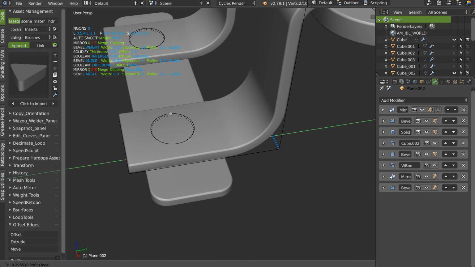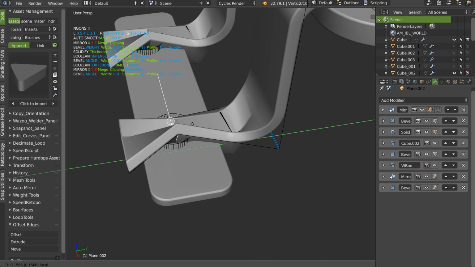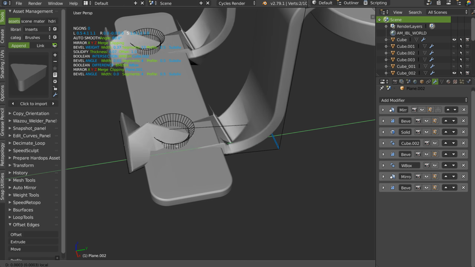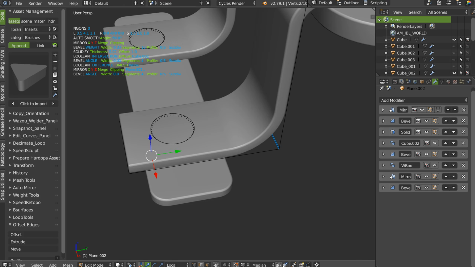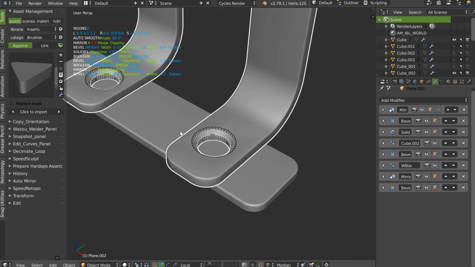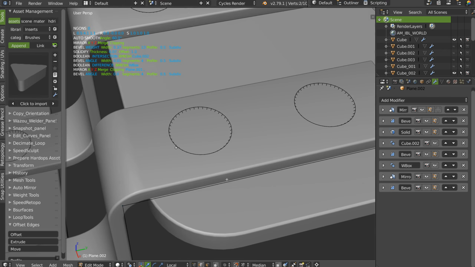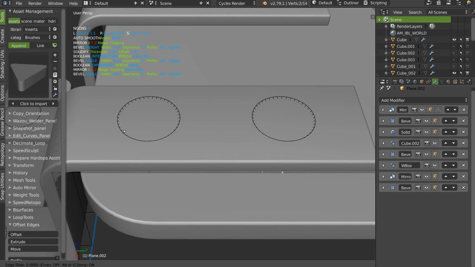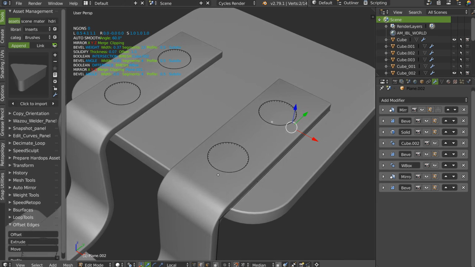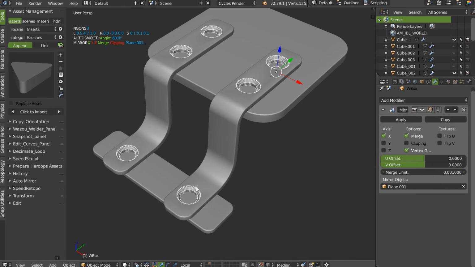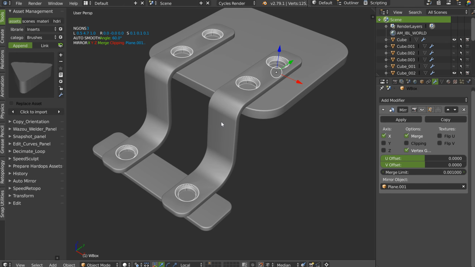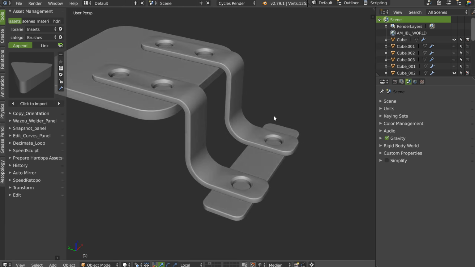I will snap it in vertex mode, Ctrl Z, I have this to uncheck. I will snap it directly here, and now I will have a better result, as you can see. So I will do the same here, Ctrl R, I will move it on this one, Ctrl R, move it on this one, and that's it, it's better. I will hide this one with H, and this is our result.